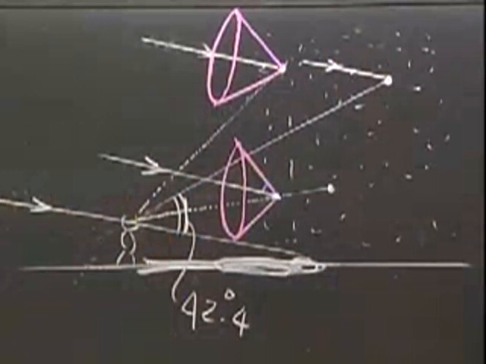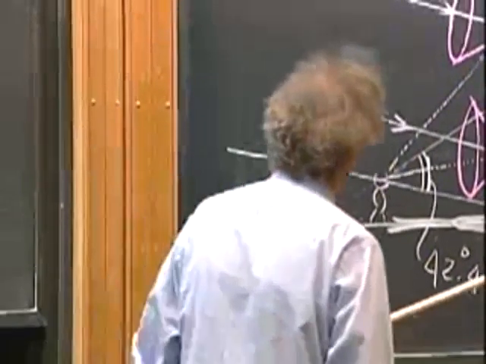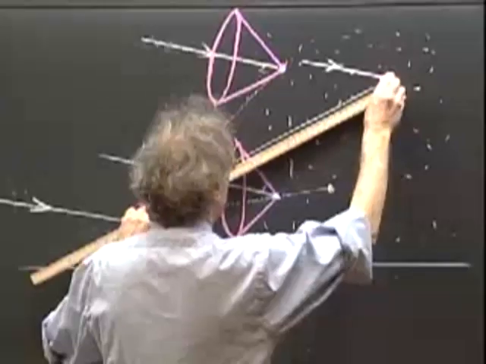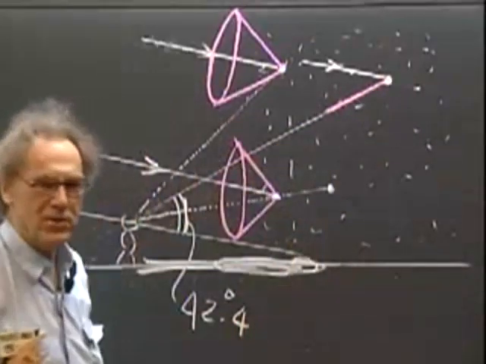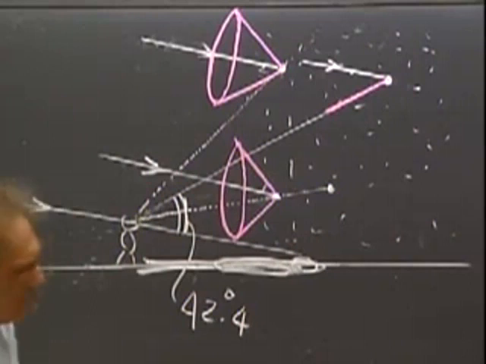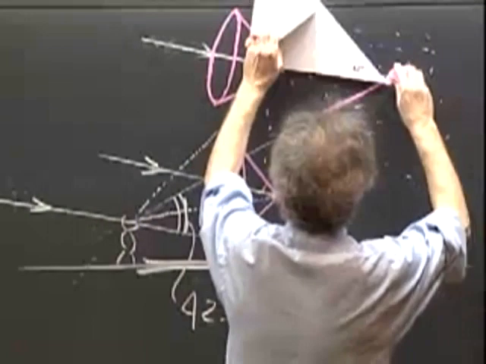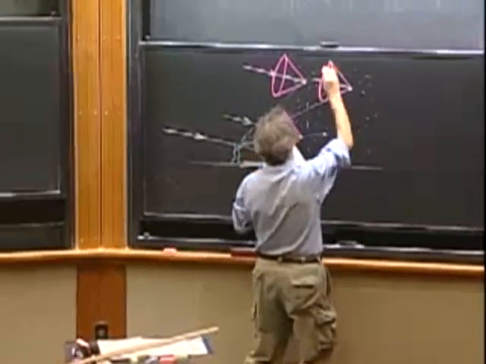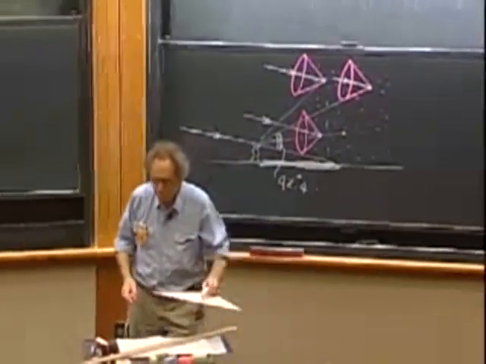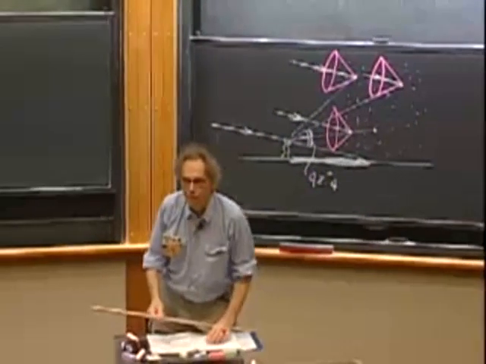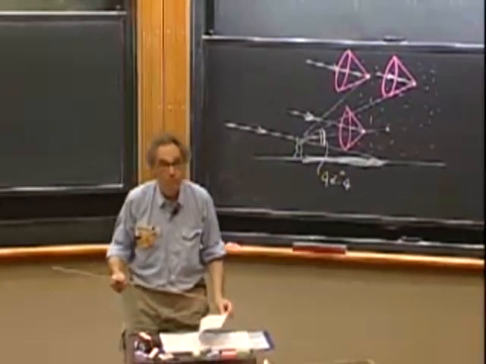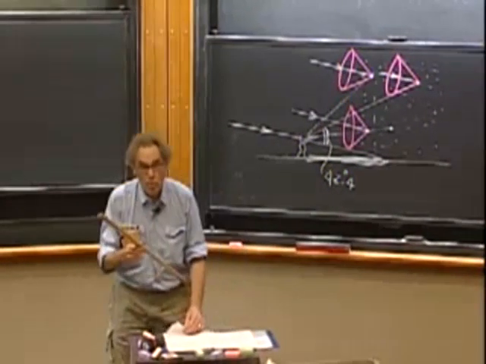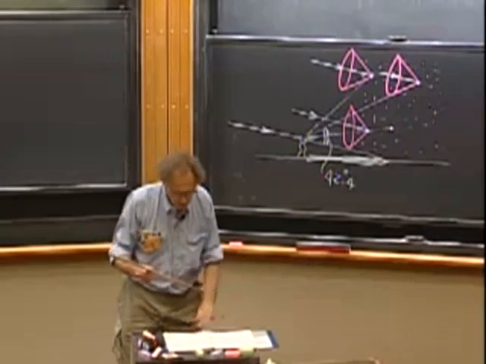What is this water drop going to do? It's going to reflect back into the direction of the sun a cone. This happens to be the direction of the 42 degrees. And then, of course, this is the direction of the 42 degrees. So here is that cone. What do you see? What will you see? You will see red light. Pure red light. You will see the light.